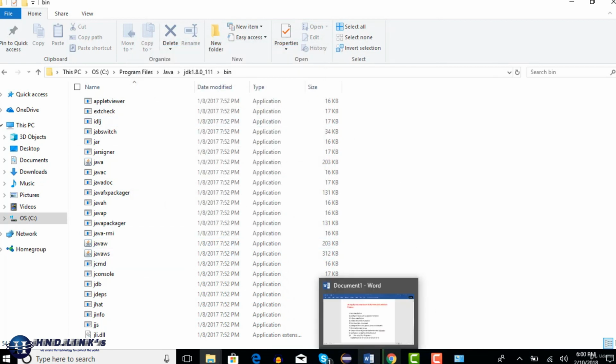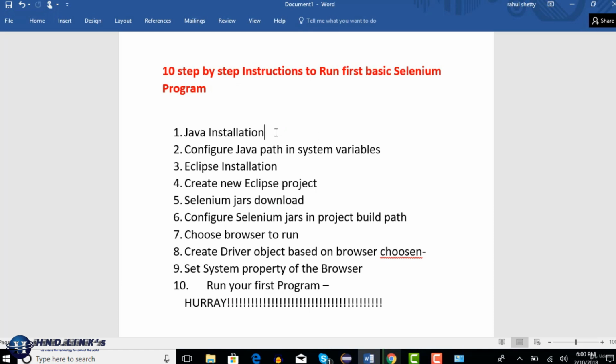Right, let me go back to my Word document and see that we have successfully installed Java and configured Java in our system variables. Now let us check if our system is recognizing Java from system variables or not. For that there is a simple check.